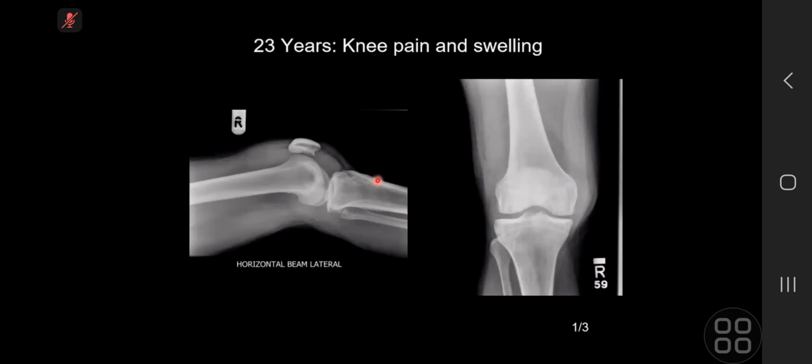In this case, why is there an echo? What is happening at your end? There is joint effusion. Okay, there is joint effusion in a 23-year-old, which